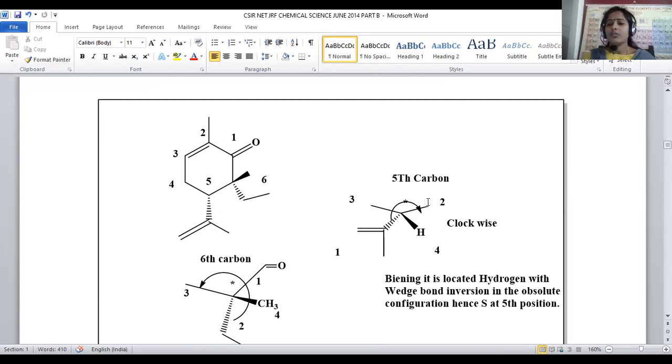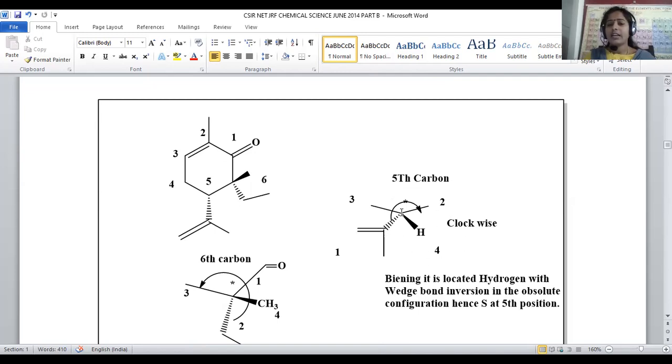One side an alkyl group, the other side also an alkyl group is there. One isopropyl group and one more hydrogen, which is not indicated within the figure. Obviously, if two groups are on the plane, one group will be away from the viewer and the next group will be towards the viewer. So what is that? Hydrogen will be towards the viewer. This is about the arrangement of functional groups at the fifth carbon atom. In accordance with Cahn-Ingold-Prelog protocols, we have to assign numbering for all these functional groups, highest to lowest, and decide whether it is clockwise or anti-clockwise.